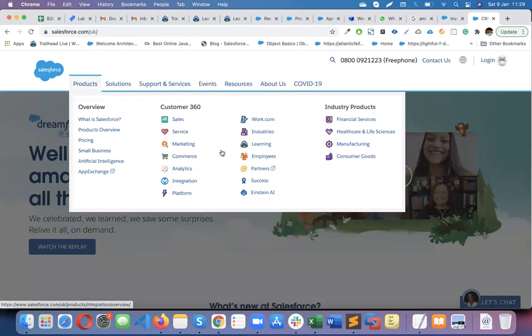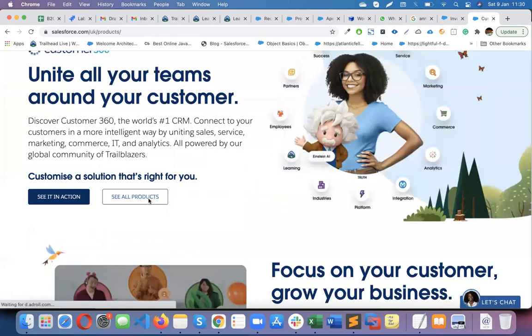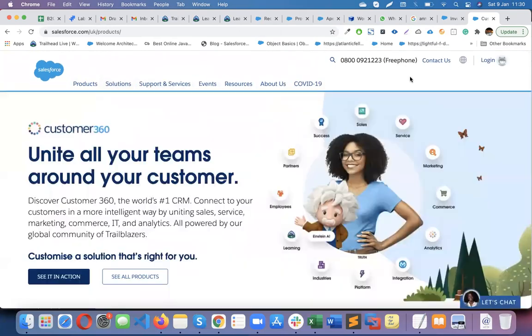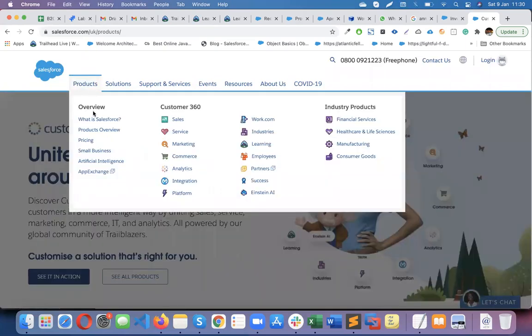Where is that Quip tool? Productive tools. They keep changing the page. I will go for just Quip. Here itself can we see any other logo? No. Sales Cloud, Service Cloud, Analytics, Integration Platforms, Work.com, Employee Partners, Salesforce Success, maybe, no. I don't know where they put it.